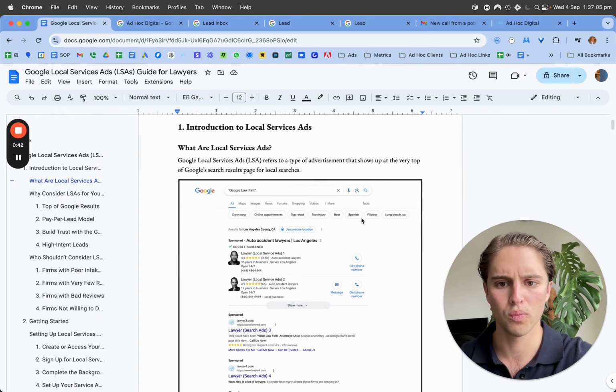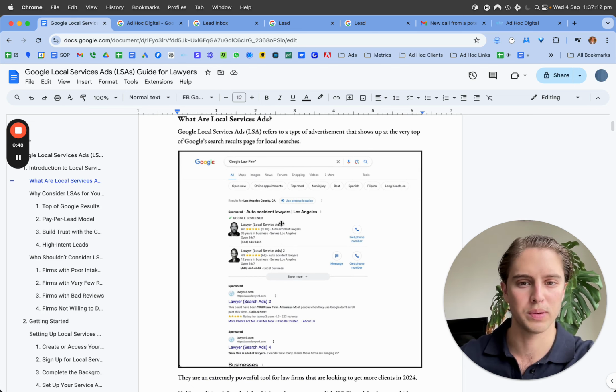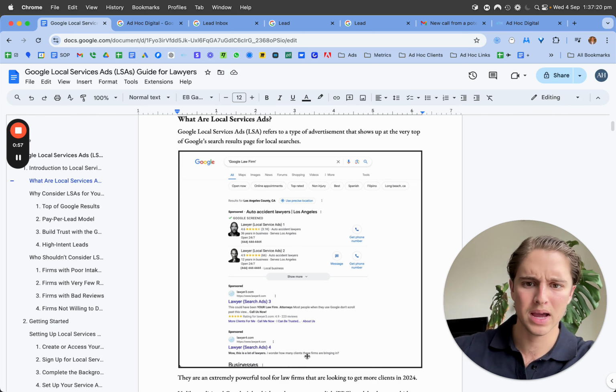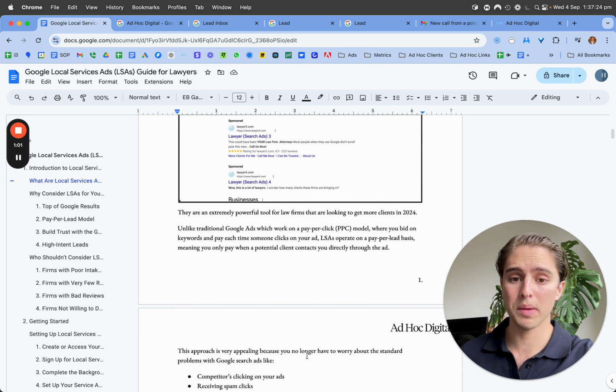So to start, what even are Google Local Service ads? It refers to a type of advertisement that shows up at the very top of Google's search results page for local searches. So you can see here where you see the rock, that is typically where they show up. Below that you have search ads, below that you typically have the maps pack, and below that you have all the organic results. So they're an extremely powerful tool for law firms that are looking to get more clients in